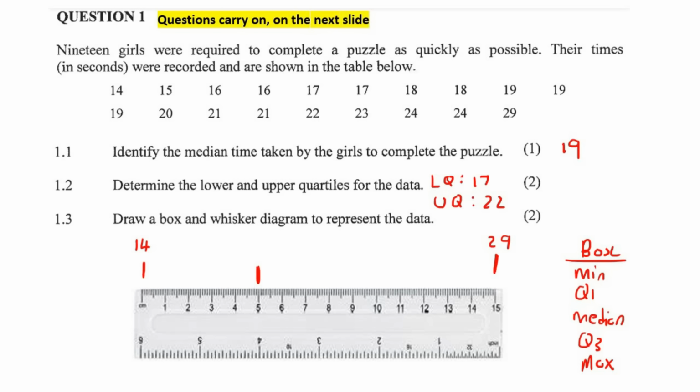And then 17 would be 3 places from there, so 3 centimeters, so we can go there, so that's 17. And then 22 would be 3 places from this one, so that's 20, 21, 22 over there. There we go. Now the 3 center ones, you put a box around them, like that,